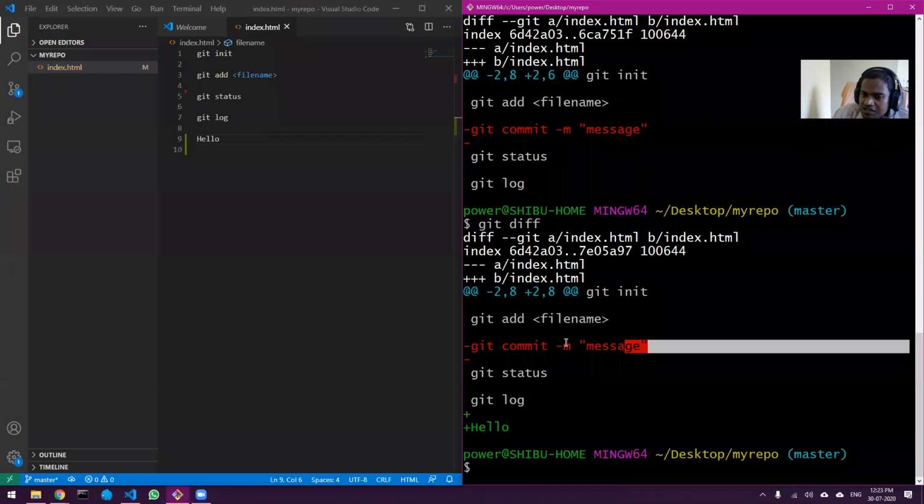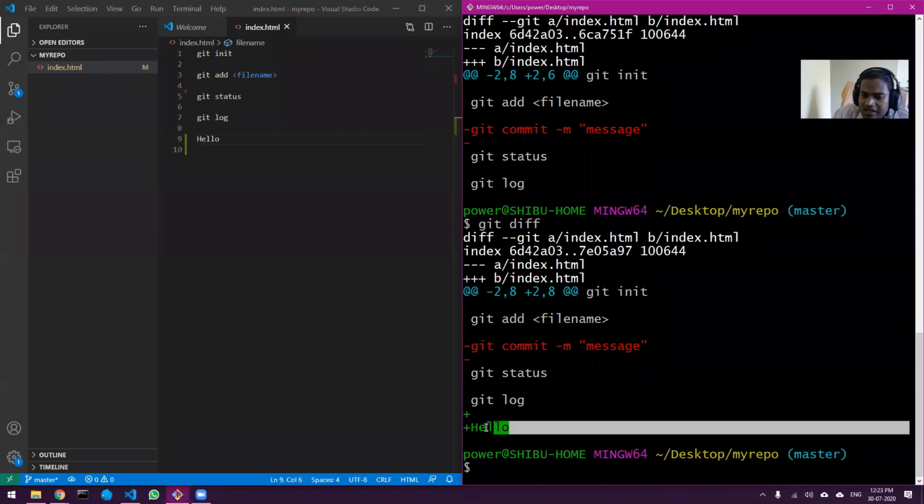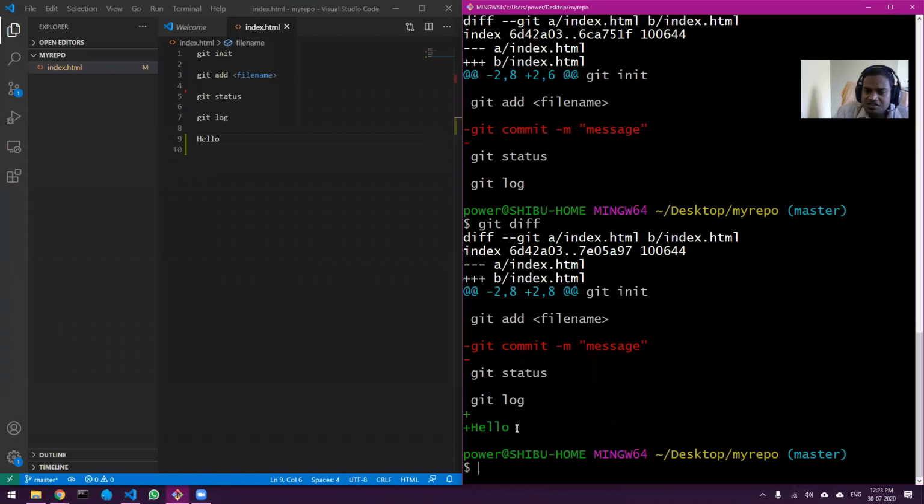In red, this particular line has been removed, that is why it is minus. And if it is plus, in green color, it means you have added that line extra.